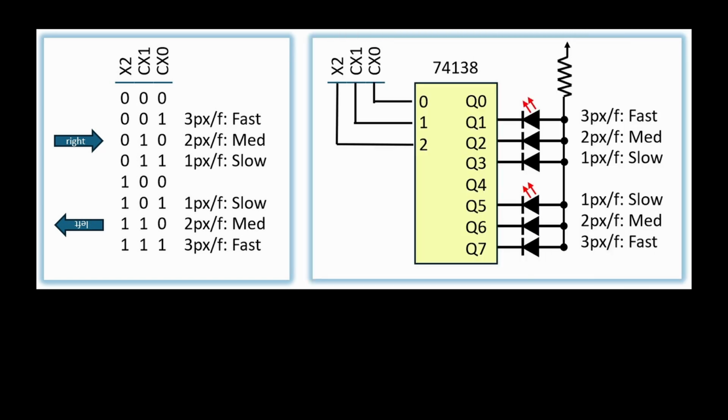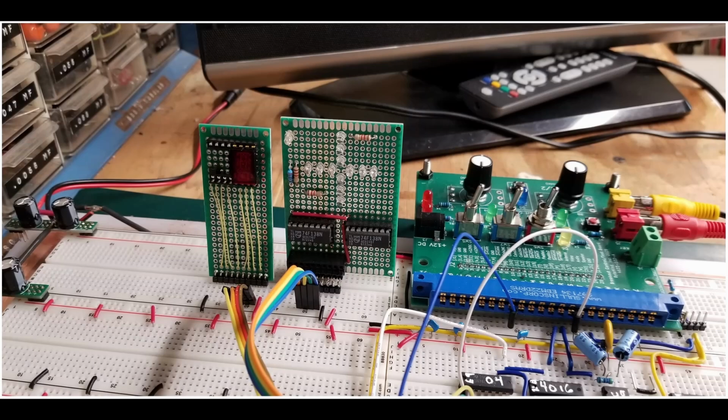Since there's 3 load signals that generate 6 distinct speeds, we can use a 3 to 8 decoder to drive 6 LEDs to show us the speed and direction. We only need 1 current limiting resistor here because only 1 output is on at a time. I whipped up this meatball display with decoders and LEDs for each axis. The left LEDs show slow, medium, and fast speeds towards the top boundary, and the right LEDs show motion towards the paddle. We'll use the Y LEDs later.